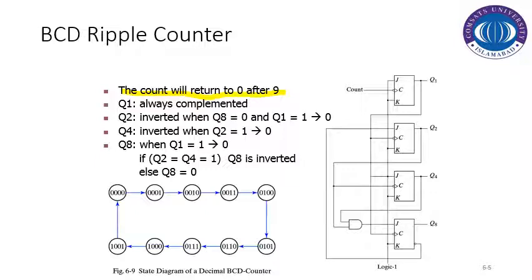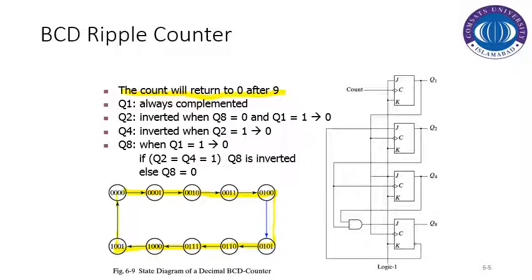So let us first see the state diagram for the decimal BCD counter, and this is figure 6-9 of the book. The first count value is 0000 for the decimal digit 0. Then with increment of 1, the next state is 0001, and similarly so on and so forth. We are achieving these count sequences, and whenever we are getting 1001, the next state is 0000. So this is a continuously running process depending upon the count that is being applied, as that is serving as a clock source for the first JK flip-flop.